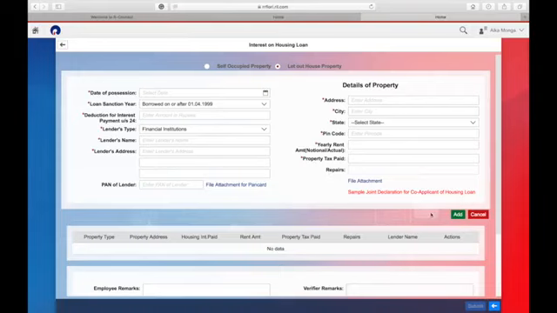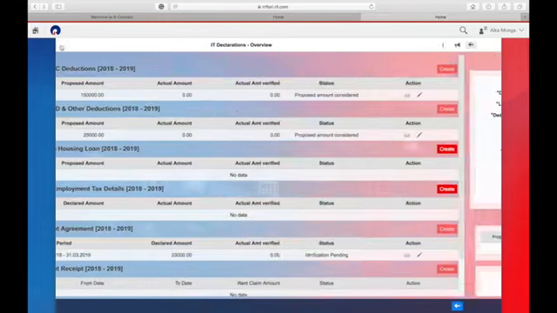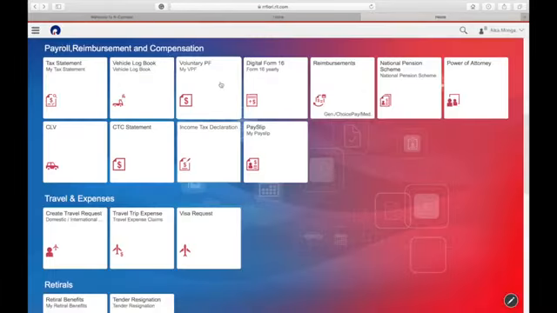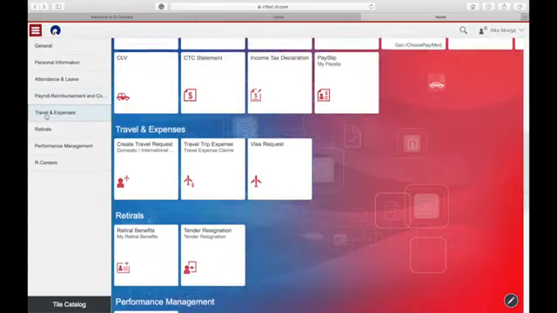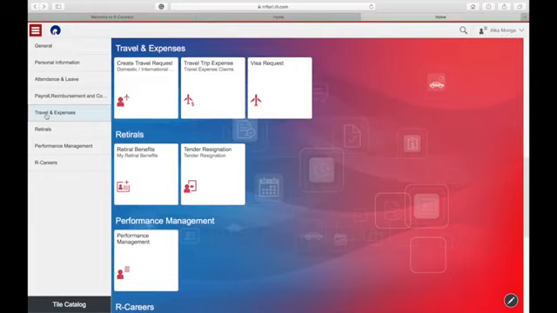Once you have uploaded all the information and you click on submit, the information gets submitted into the system. Similarly, travel can be updated from here.